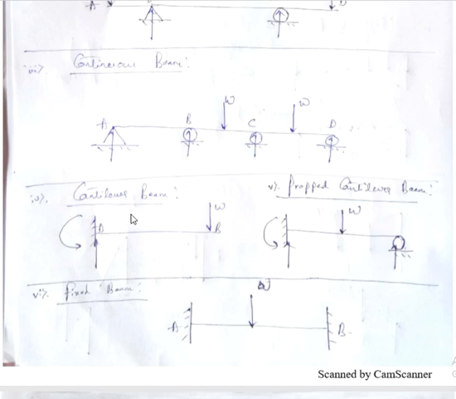Then similarly in a cantilever beam, if the length of the beam is too long, then we need to support this cantilever beam at the end. When this cantilever beam is supported with any support at the end, it becomes a propped cantilever beam. The next type of beam is called a fixed beam. A fixed beam is one that is fixed at both the ends, just like the beams in our buildings. If it is fixed at both the ends, such a beam is called a fixed beam. Okay, this is about the different types of beams.